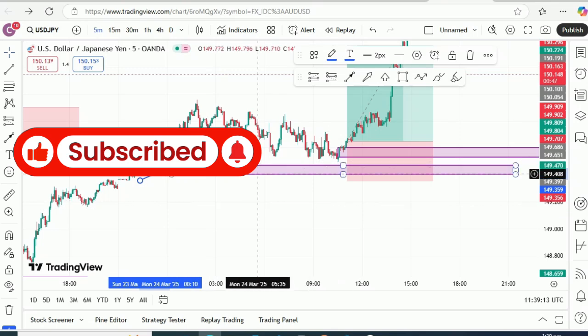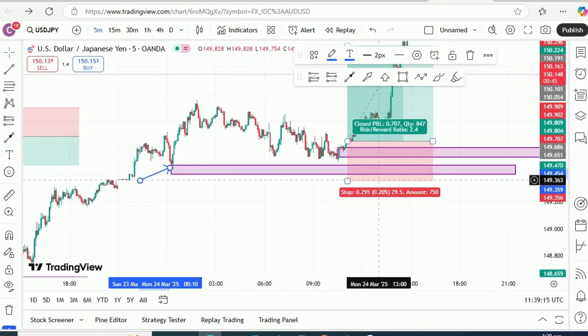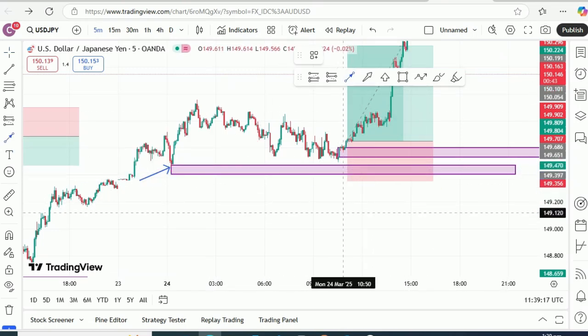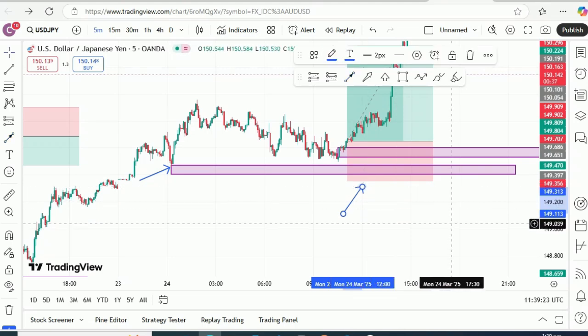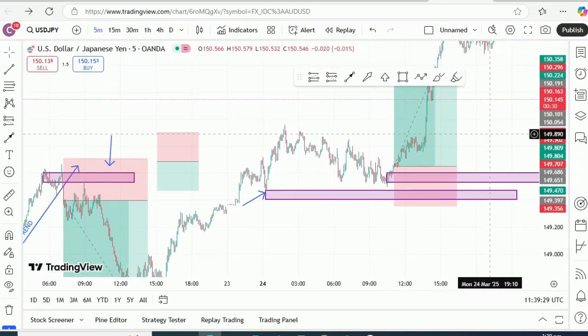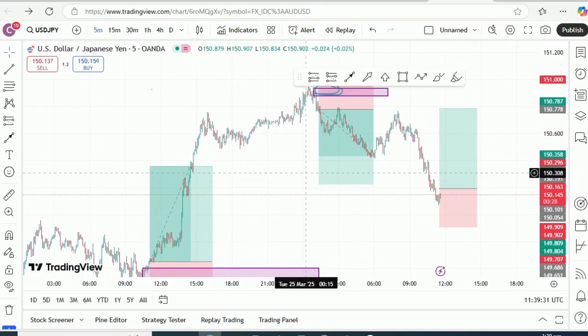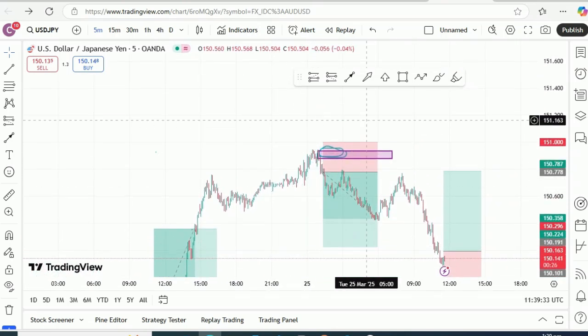You see this one, and we placed this rectangle, and then we had to place our stop loss just slightly below the last key step where price came to retest. So basically that is how this strategy works. It's really not that complicated, because as you can see, once again, we had